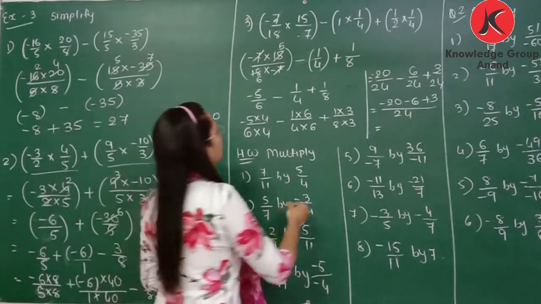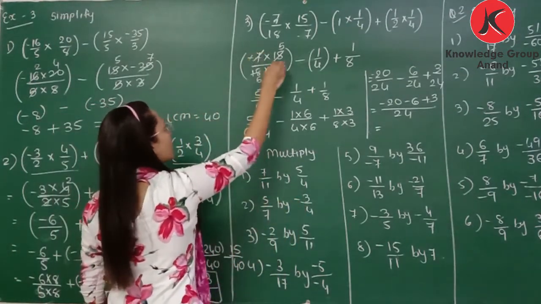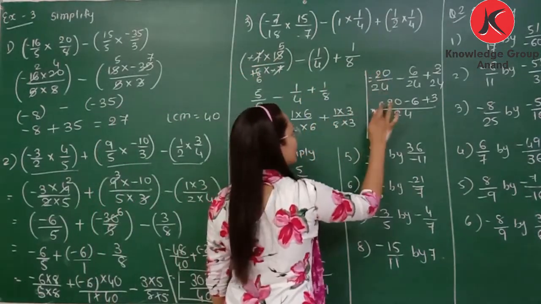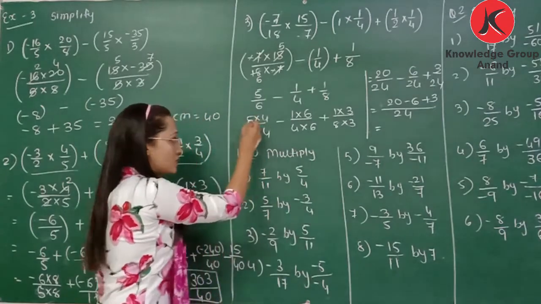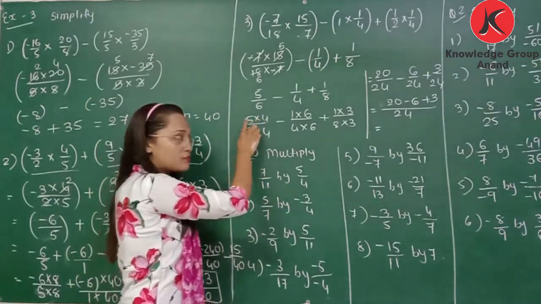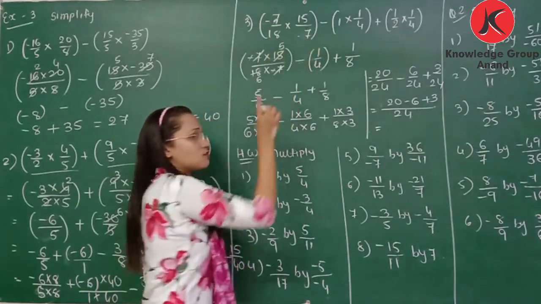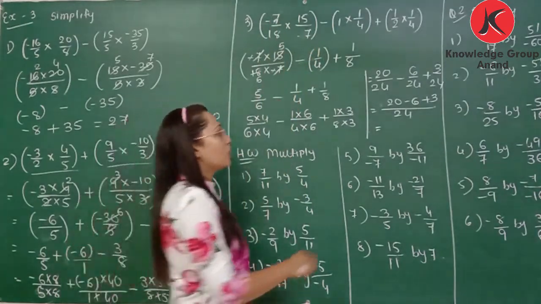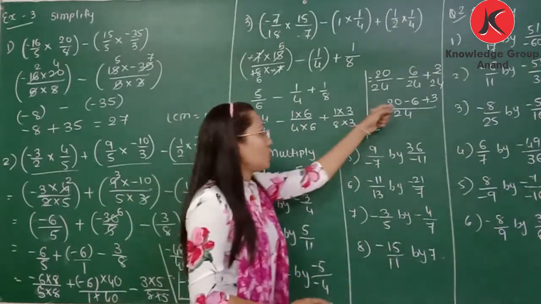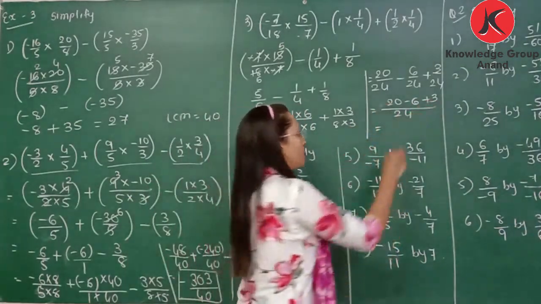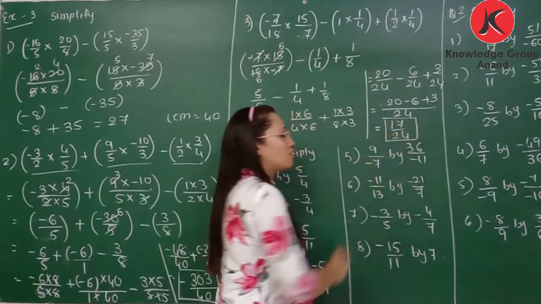So we will get, it is plus because this negative sign is cancelled out. So minus 20 is plus 20. Okay. Please correct it. This is not minus 5, it is plus 5. So 5 4s are 20. Why? Because minus 7, so sign also become plus. Now 20 minus 6 is 14. 14 plus 3 is 17. So it is 17 by 24. So this will be our answer.